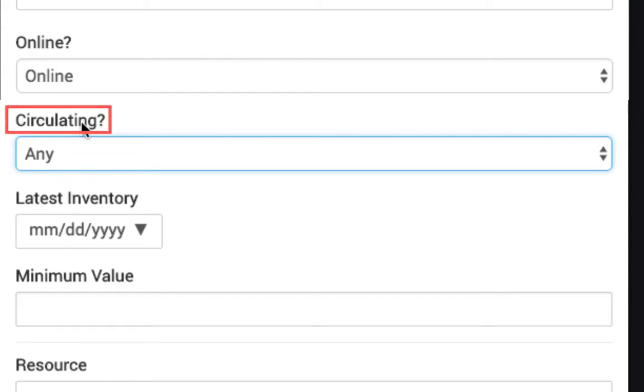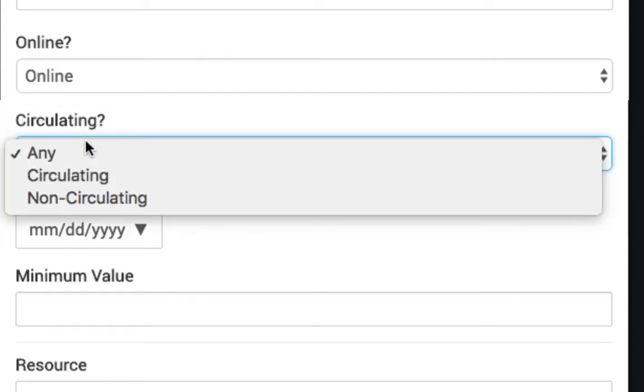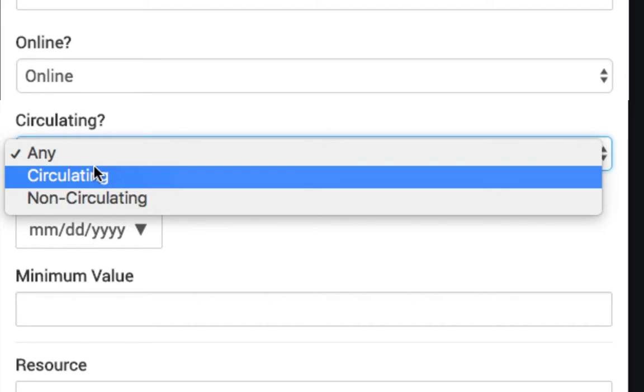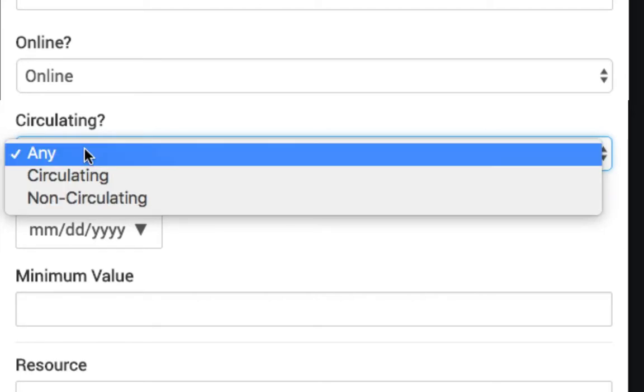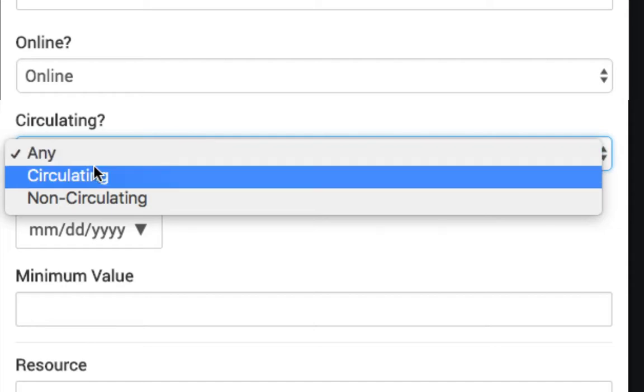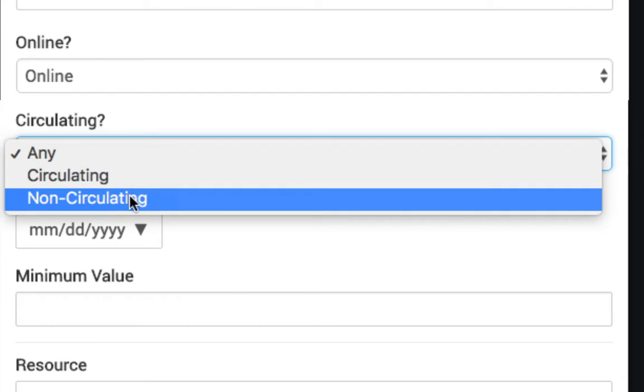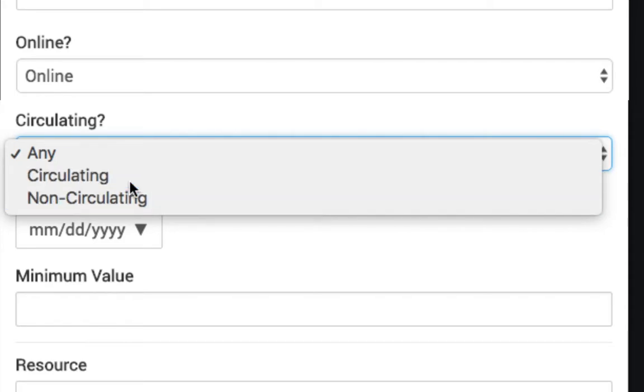Circulating. This selector has three options: Any, Circulating, and Non-Circulating. Any will add both circulating and non-circulating resources. Selecting circulating or non-circulating will limit the project to resources with that circulation status at the time inventory is being